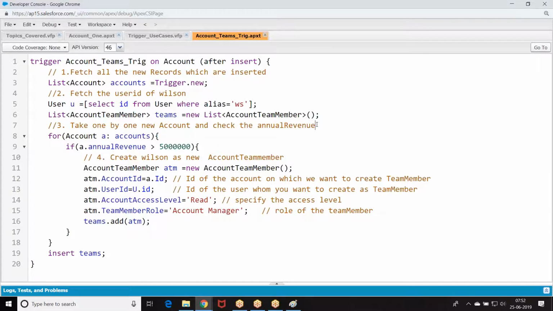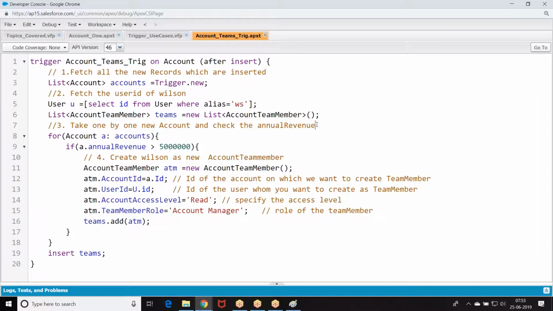That's what I'm saying. We cannot build a trigger for every one record: one trigger for one record, another trigger for 3 records. We cannot build it like that. That's the reason the trigger considers everything as a group of records. In the group it may be 1 record or 2 or 3. You will take every trigger as a bulk trigger and write the logic for bulk. Now if there's only 1 record, the loop will run only once. With 10 records, the loop will run 10 times. So by default, every trigger should be considered a bulk trigger. That means you should assume that you're working on a group of records.